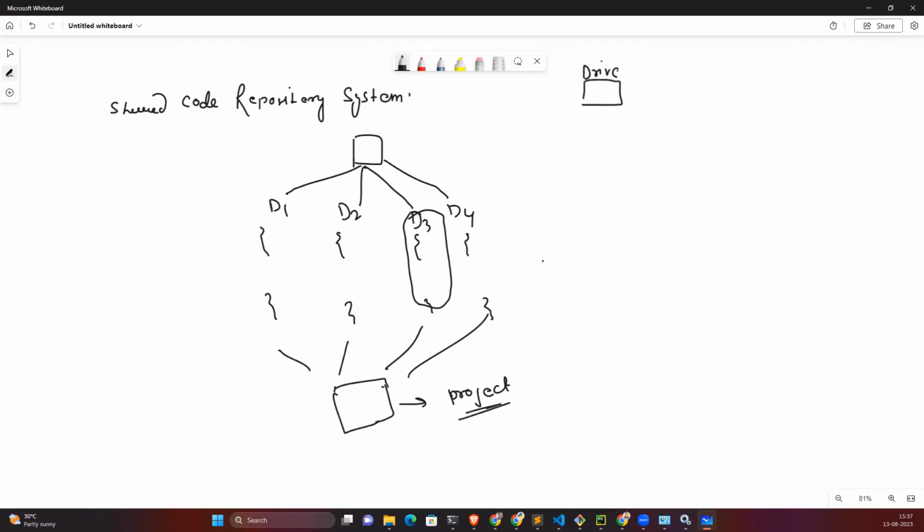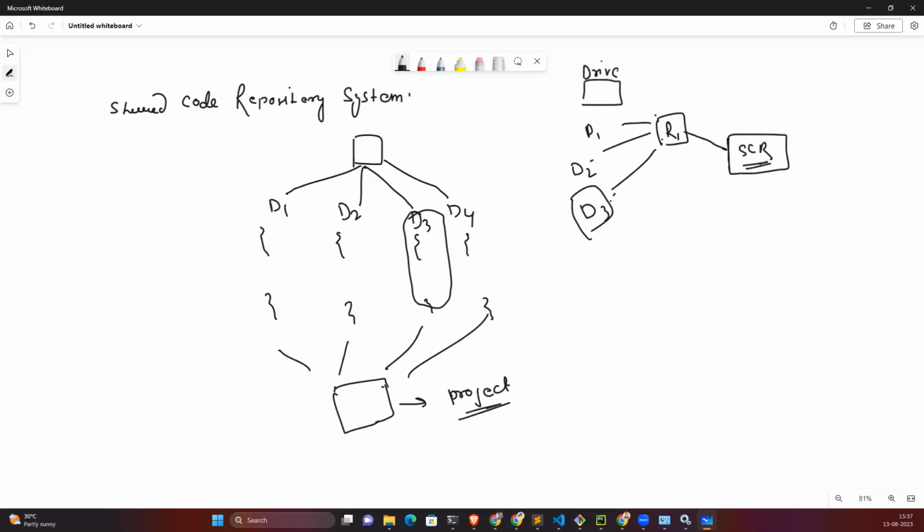So that's why the shared code repository came into the picture. Let me explain how it works in layman's terms. Let's suppose this is the shared code repository, SCR, and in it there is a particular repository, called repository R1, for this project. This repository is accessible by D1, D2, D3, D4, and so on. Every day, whenever they write code, they are going to push this code into this repository.